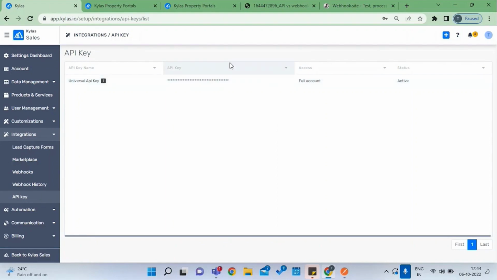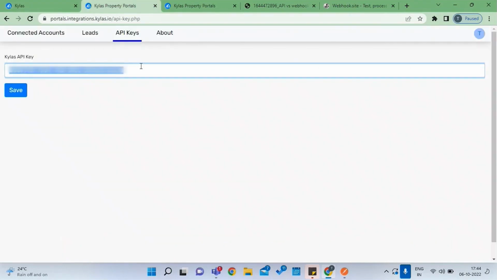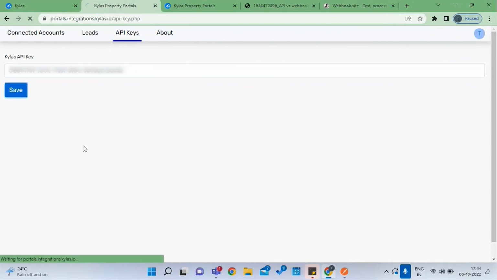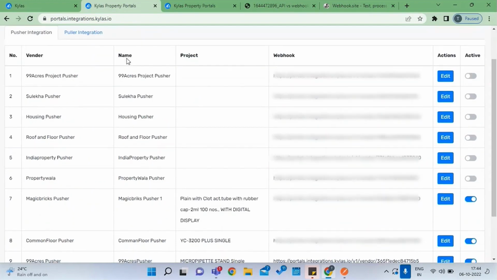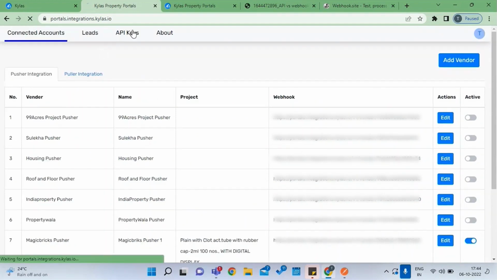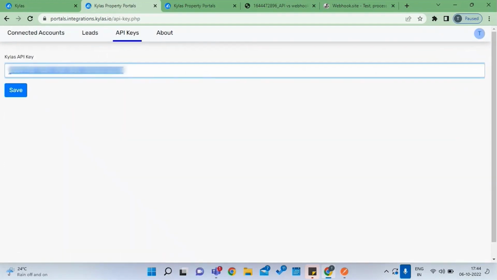Just copy this API key and paste it here. When you click save, all the leads coming to your portal will be pushed to this API key, which is of your Kylas account. Once you configure your API key in the portal application,